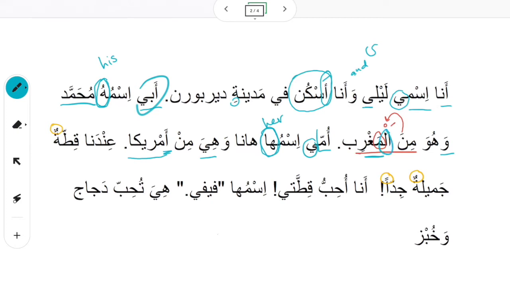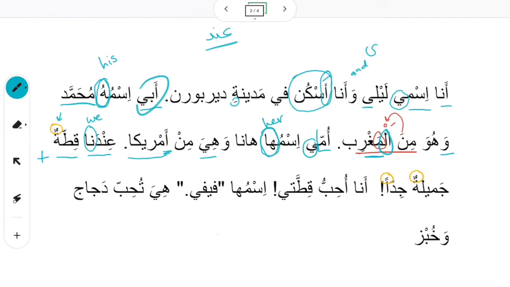Notice here there's no alif lam, so there's nothing that you have to connect there. It's just من أمريكا. Whereas here we had the alif lam, so we had to say من المغرب. We had to connect the two. عندنا قطة. So عندنا, this na is we. So we have, remember we did the preposition عند. When you add a noon alif at the end, it means ours or that we have. So عندنا, we have